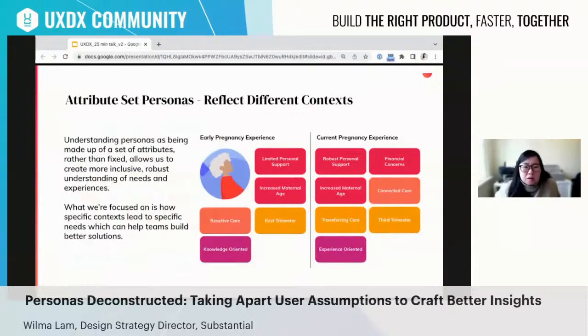And so here's an example of, we had asked this person to select cards representing their earlier pregnancy experience. We also asked them to do the same for their current pregnancy experience. And at this point, we're talking to them in their 3rd trimester. So they're picking different cards. They're talking about different considerations that they have. And this process is really useful for our product teams just to understand the range of experience that a